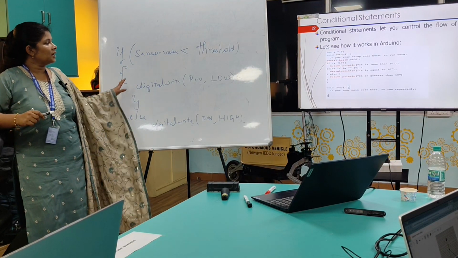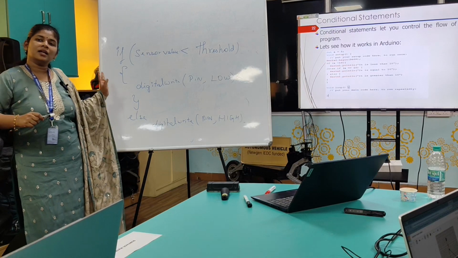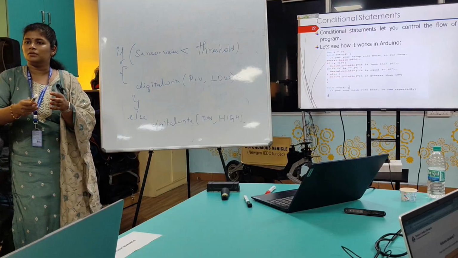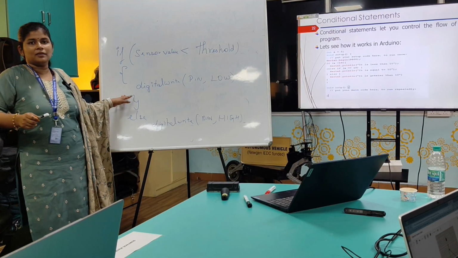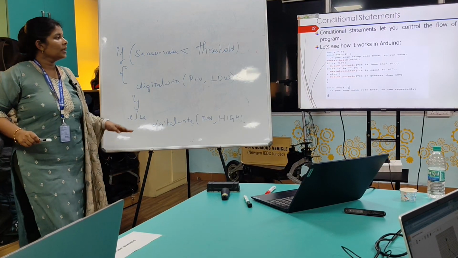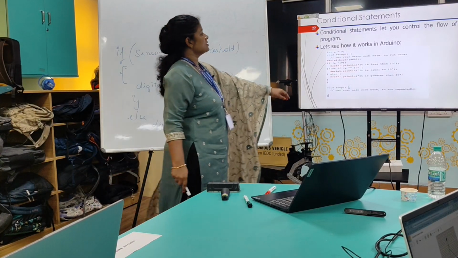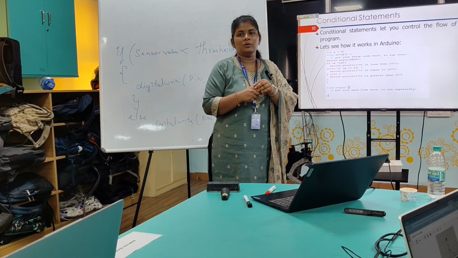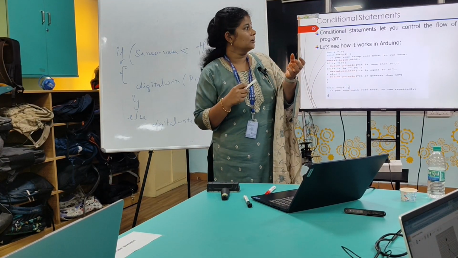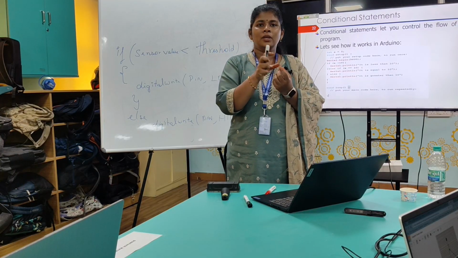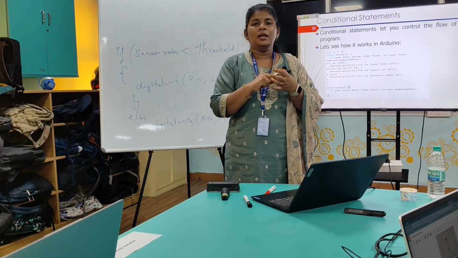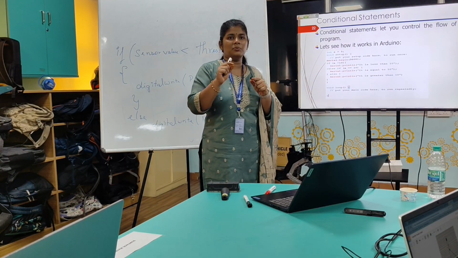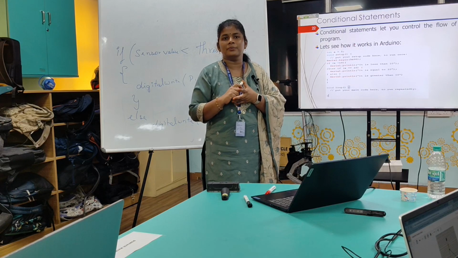Whenever we are directly connecting it to the hardware, be it LED, motor, whatever it is, then it is easy for us to write with a digital write. But at times you might just want to print out the data also, right? So in Arduino, just like the way in the microcontroller we can connect with a corresponding display, here we have an option of serial monitor. So in the Tinkercad itself, below you will see the serial monitor option.